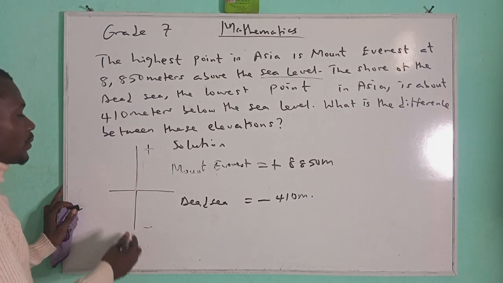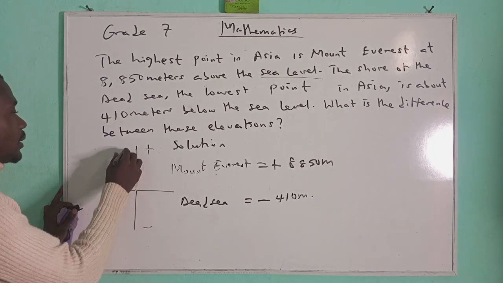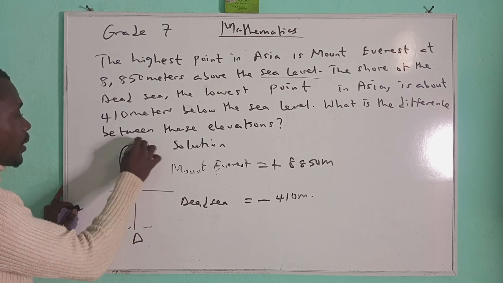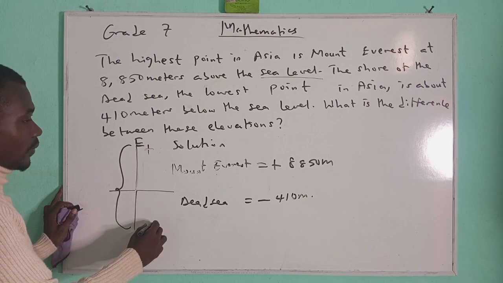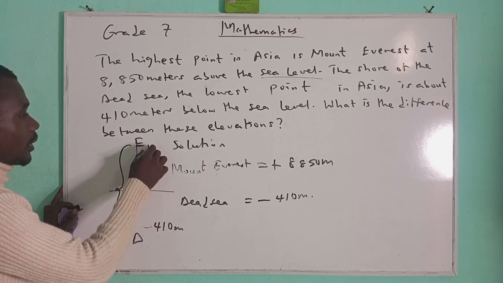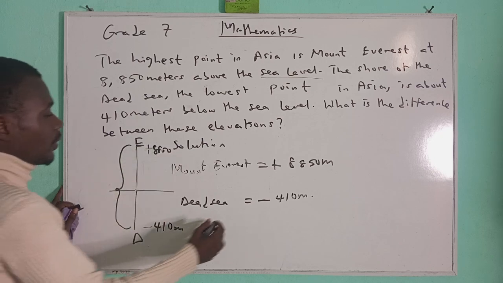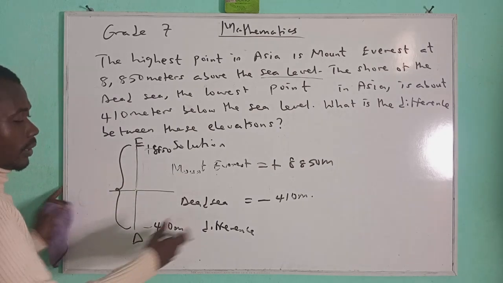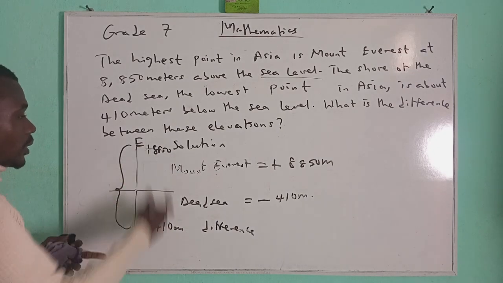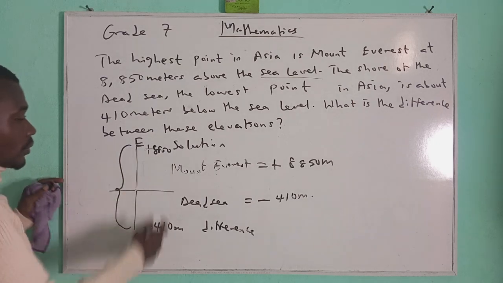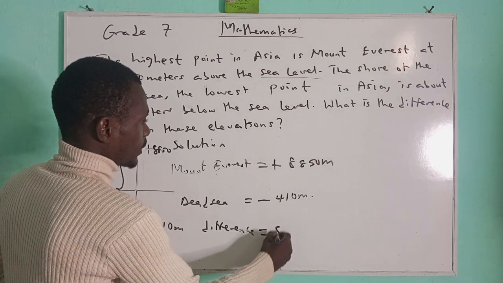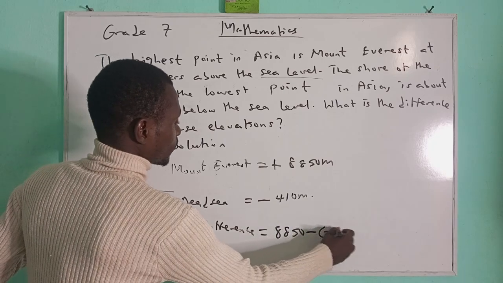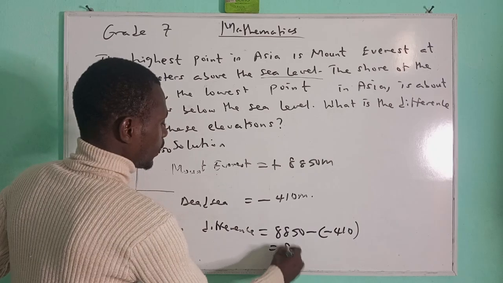Then we are asked to find the what? The difference. So this is the Dead Sea, this is the Mount Everest. This is the 410 and this is the 8,850. We know that by difference, we want to subtract, the difference between the two. So that means we have 8,850 minus negative 410, which will give us